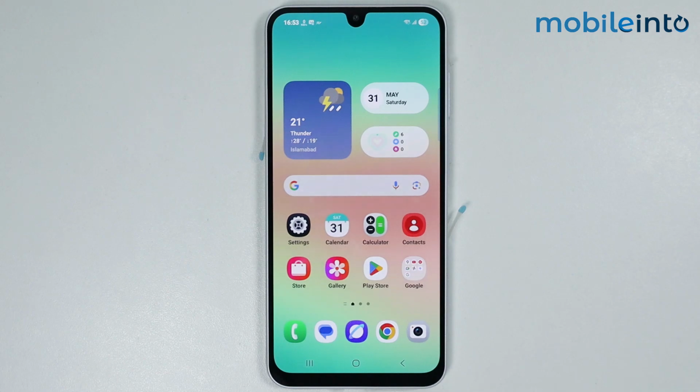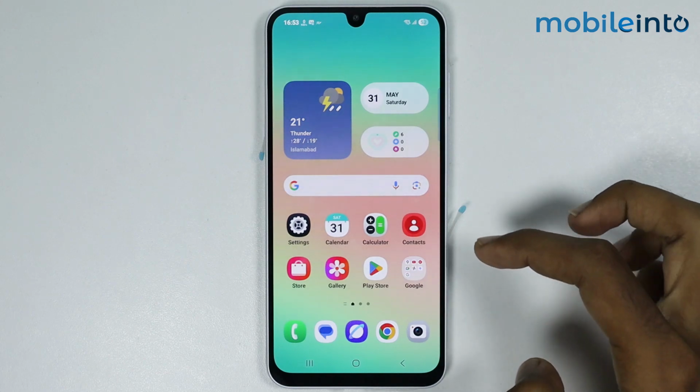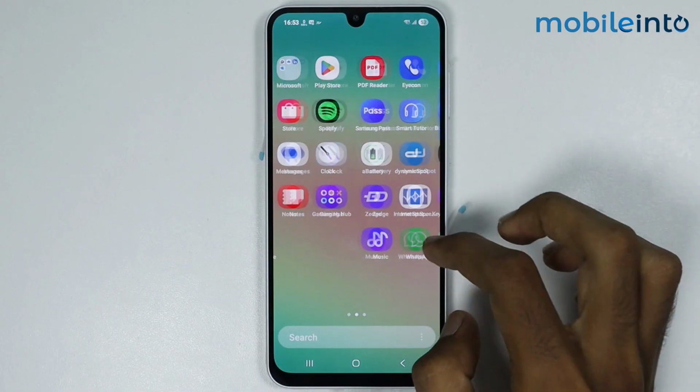Hey, what's up guys? So in this video, we will see how to change horizontal to vertical app drawer on